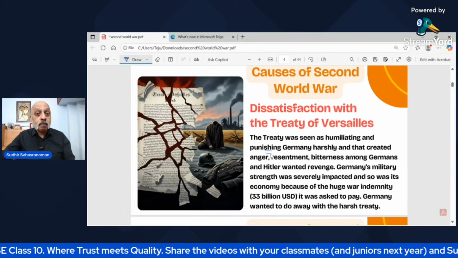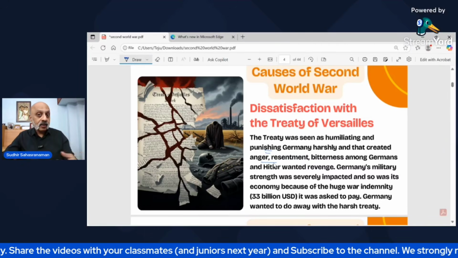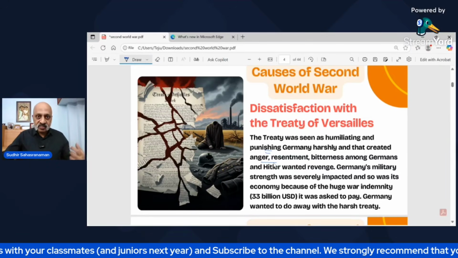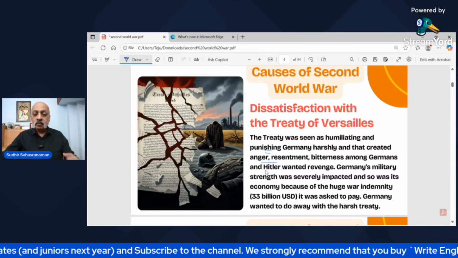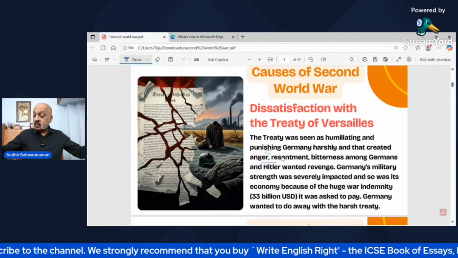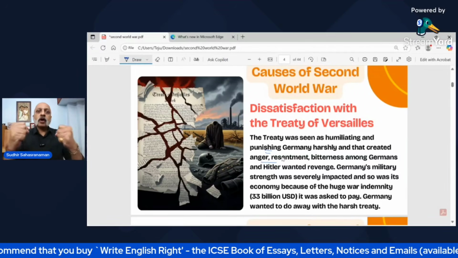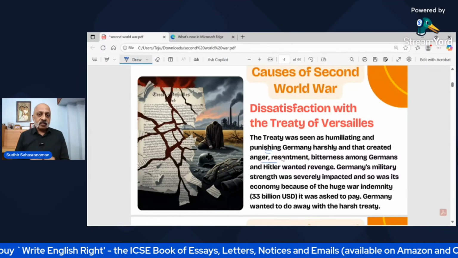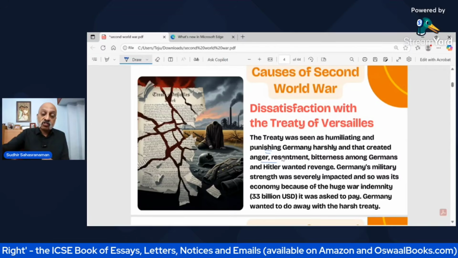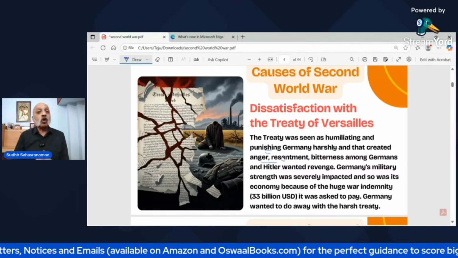So it was seen to be punishing Germany very harshly, and that led to anger. That led to bitterness, that led to resentment, annoyance among Germans, and Adolf Hitler, who took charge in the early part of the 1930s, became the voice of that anger and resentment: that we need to teach the rest of the world a lesson for what it did to us as a result of the Treaty